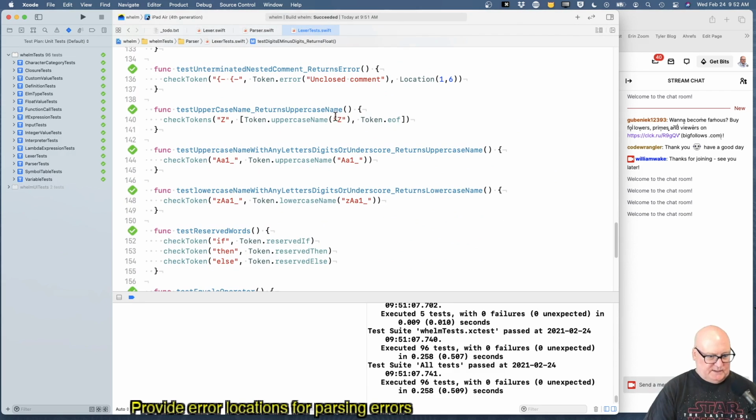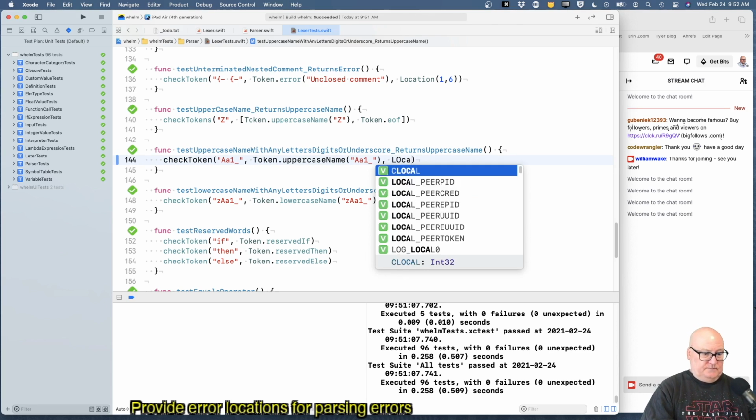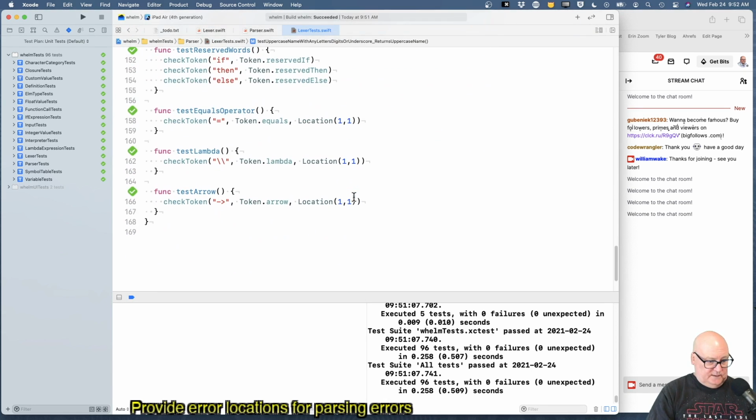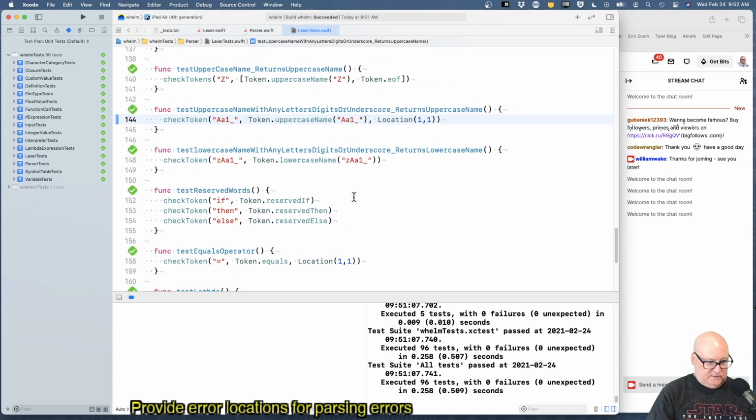There's an uppercase name. Do I care about the location on that one? I don't think I do. What am I doing? I'm making sure that a token at end of file doesn't blow up, basically. But this one, I do care about the location. Okay. And that's the only real uppercase name